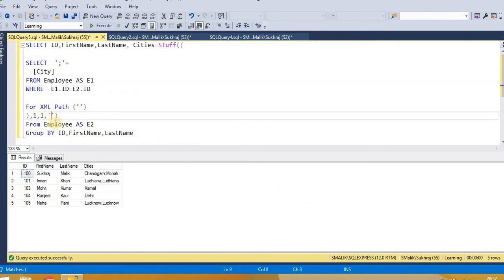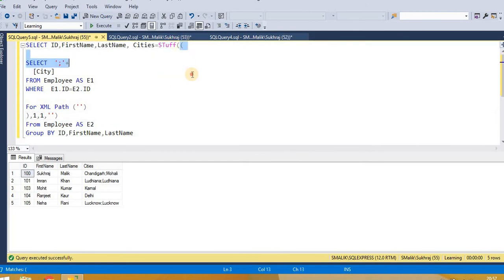Now I will explain a little bit about it. If I put 'test' here, what will happen in the output? See, it's adding this word in front of each value inside the cities column, so we have no requirement for this. And this one I explained: it will remove the first value from here. If this is, let's say 2, see, in the case of Chandigarh even the C is removed, so it's just doing substring-type stuff here. These are the parameters of STUFF.